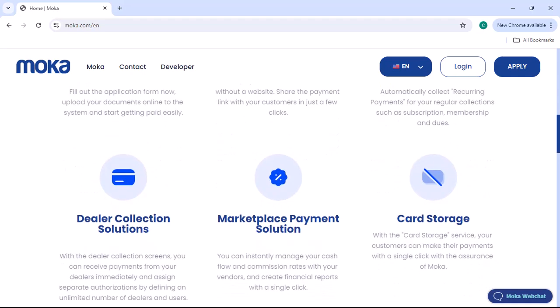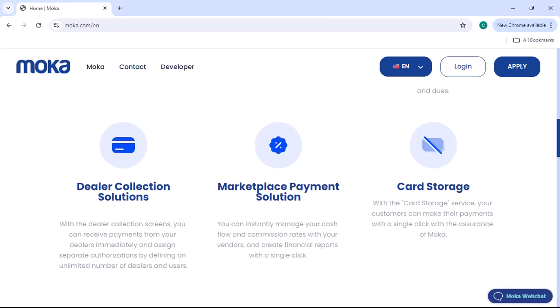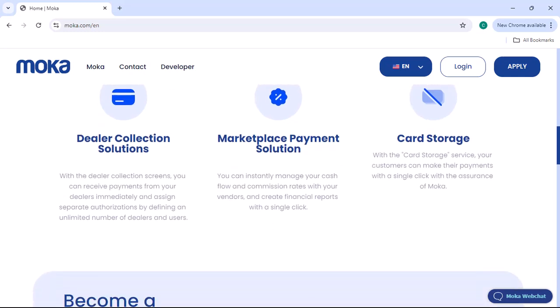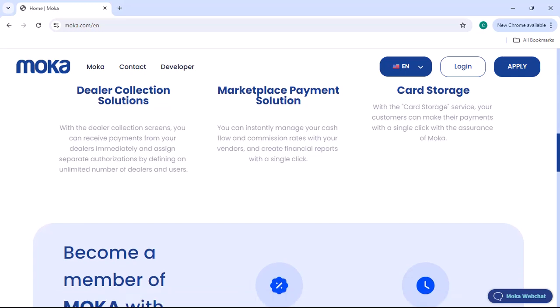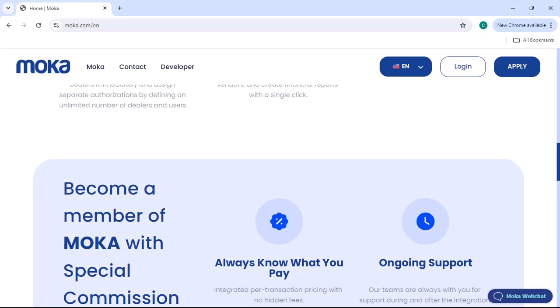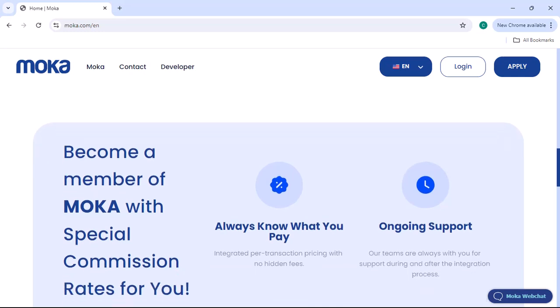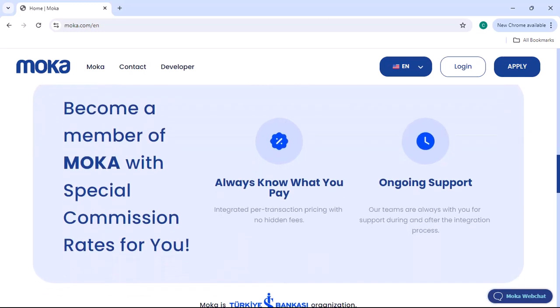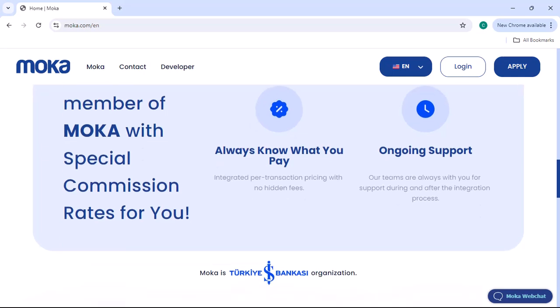Contact Moka support. If you have any issues or questions, reach out to Moka's customer support. Opening an account with Moka Bank is a straightforward process that can be completed in a few simple steps. By following the guidelines outlined in this video, you can easily join the growing number of people who are benefiting from Moka's convenient and